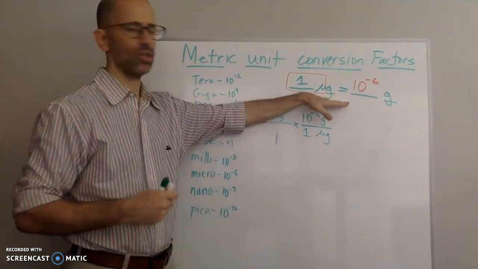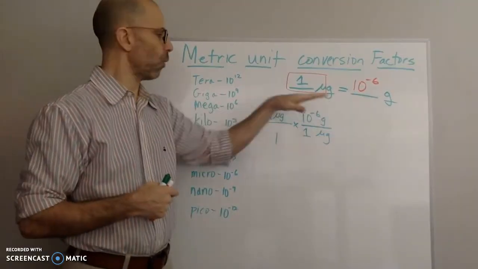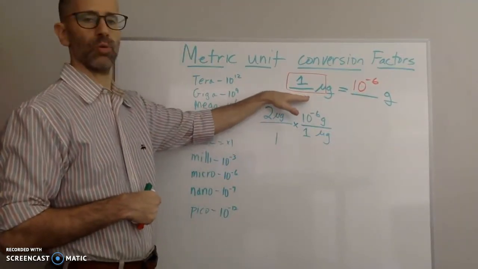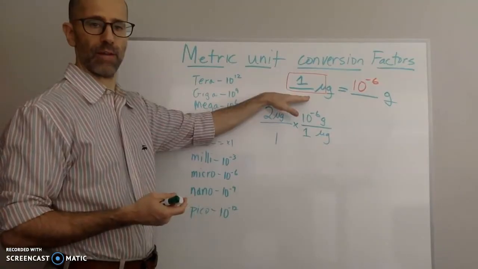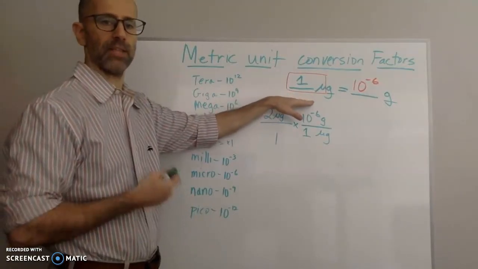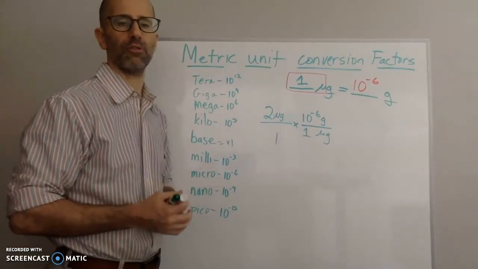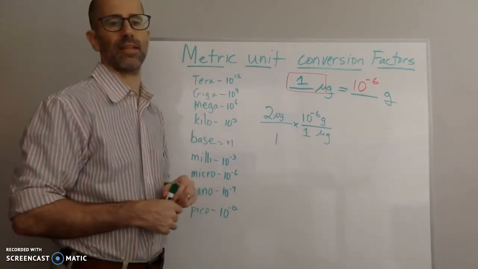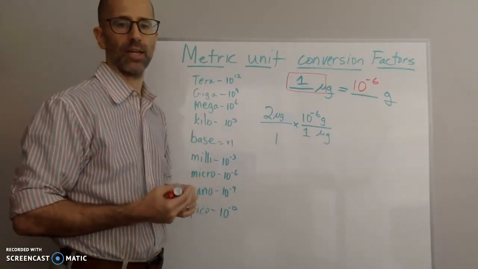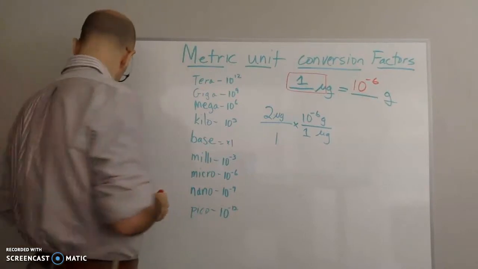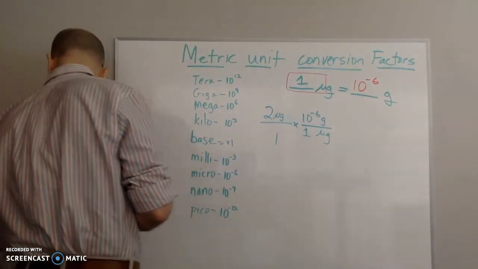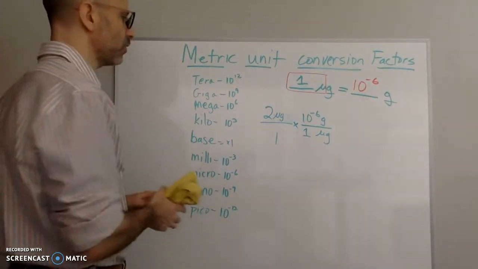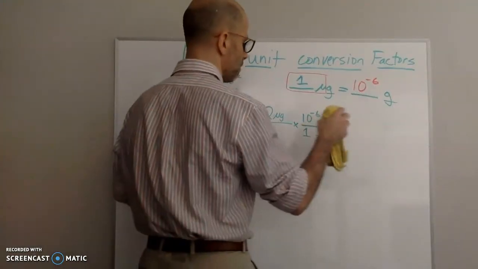But I need to make sure I set up the equality. Why do I always put the 1 with the microgram, or with the prefix? It's to keep myself consistent in how I set up my conversion factor. The reason for that is if I'm not consistent, I can easily make the mistake of